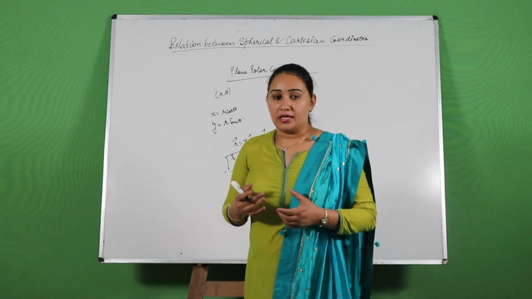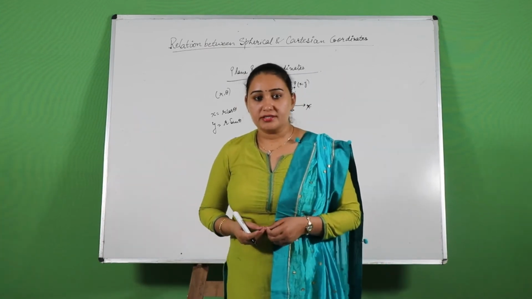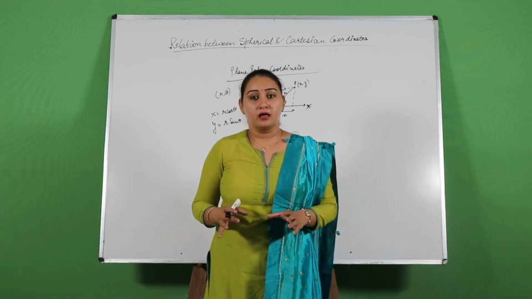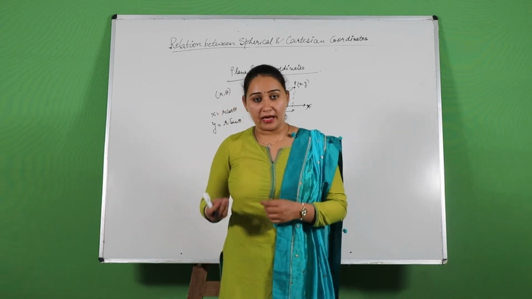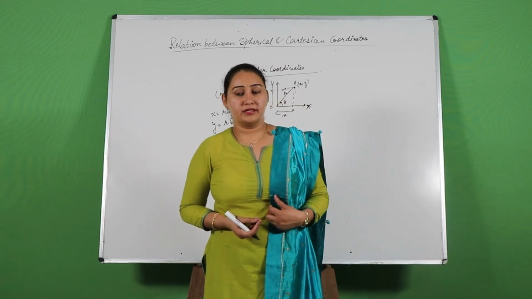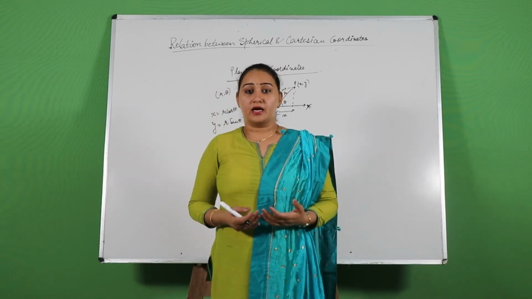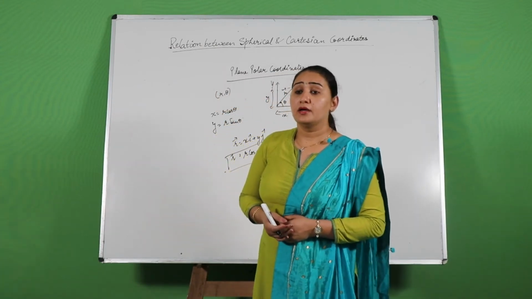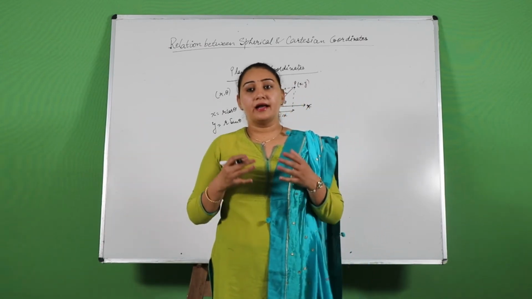Now where the problem lies? Problem is, since beginning we are studying about Cartesian coordinates, and we said that the unit vectors for Cartesian coordinates are static, they are not changing. They have unit magnitude and constant direction. Then we talked about spherical polar coordinates, and we said that they have constant magnitude but their directions are changing. So their unit vectors were r cap and theta cap. Now in the plane polar coordinates also, we have unit vectors that are changing.